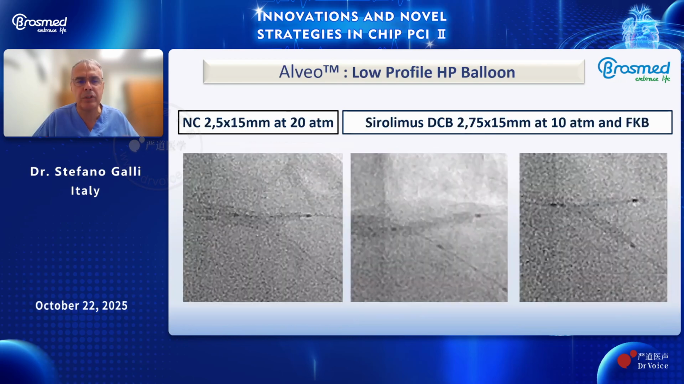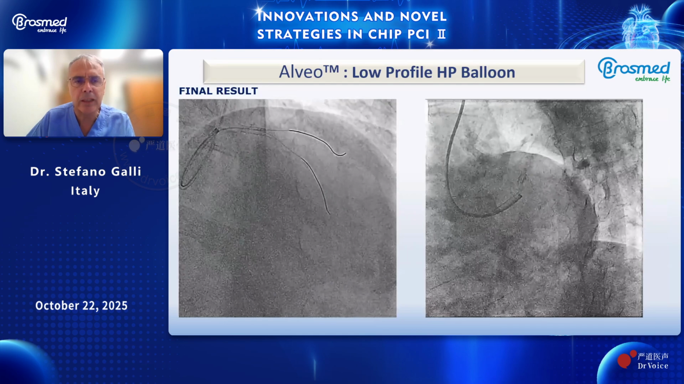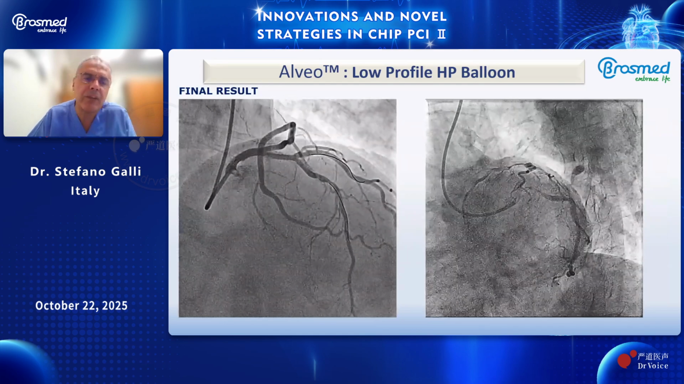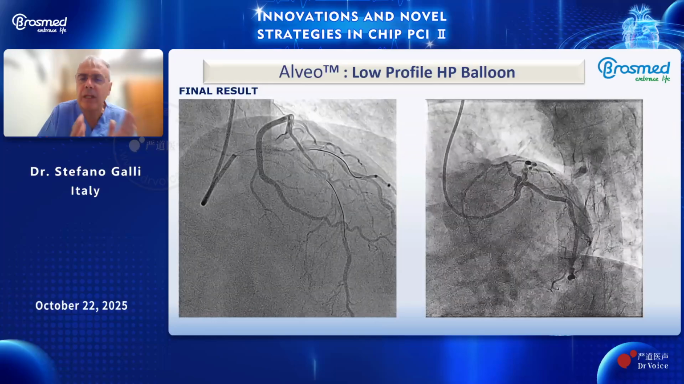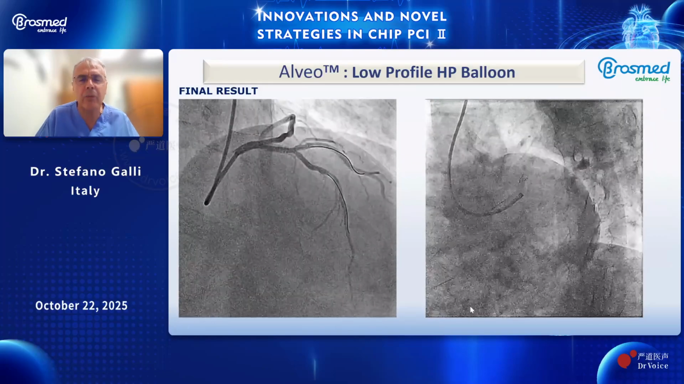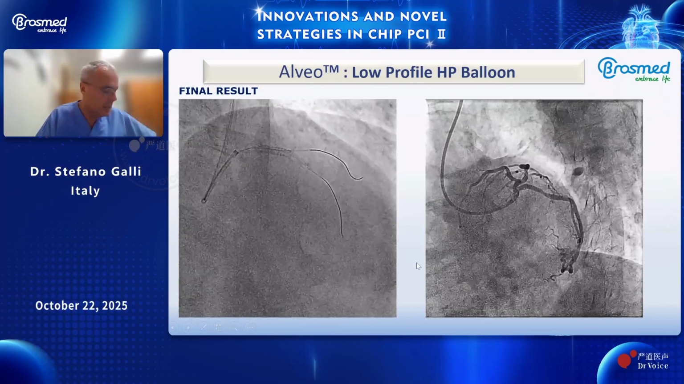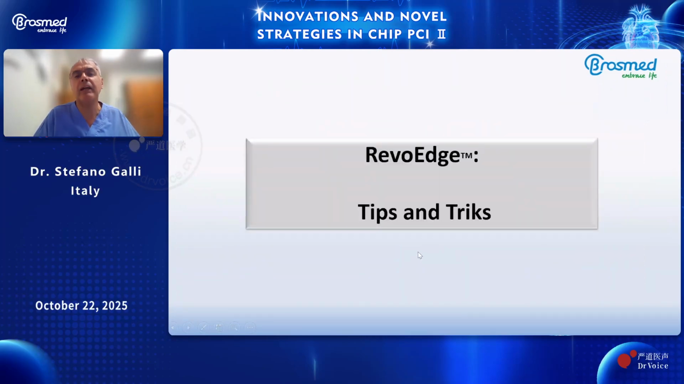You see in the stent imaging, and then progressively we use a lot of things and finish with a drug-coating balloon. This is the final result. I believe that is very simple, but if you have the device in your lab, it's useful for us. And finally, I want to share with you the Revo Edge, the latest news of